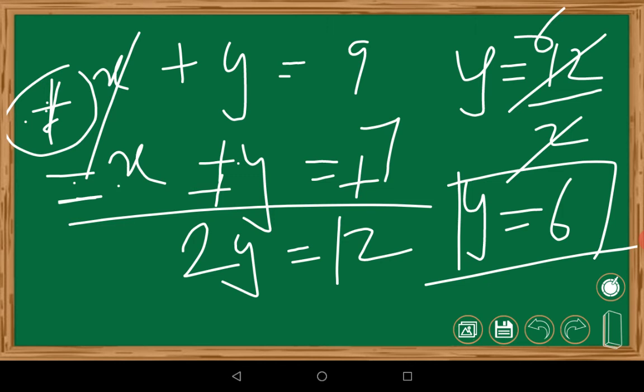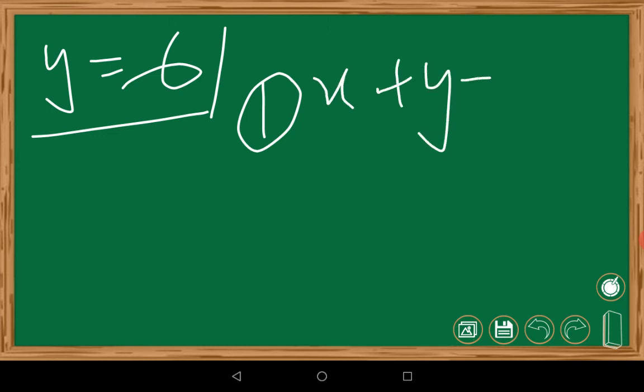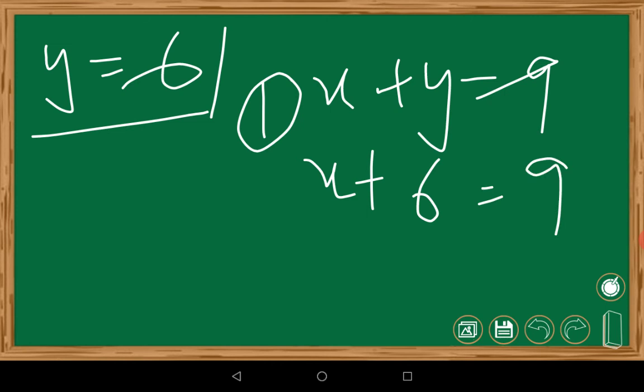Now we know y. Now in any of the two equations we can put the y value and find the x. I will tell you. Now we got to know y is equal to 6. So we had two equations. So we can put it in the first equation or even in the second equation. I'll show you both methods. The first equation was x plus y is equal to 9. You will get the same answer. Remember that you need to do only one in your exam. Now x plus y value we got to know, that is x plus 6 is equal to 9. Clear? Now this 6 will be transposed to that side. So x is equal to 9 minus 6, x is equal to 3.